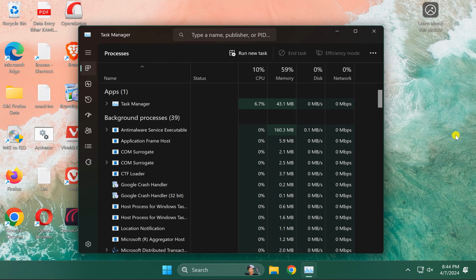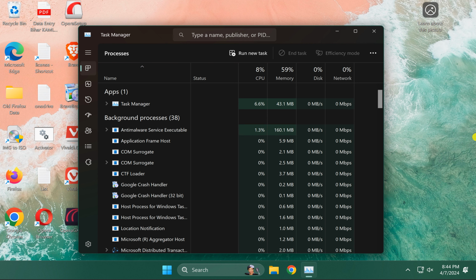In this video, we will guide you on how to open old Task Manager in Windows 11 PC. If you still don't like the new design of Task Manager, you can open the classic Task Manager on your Windows 11 PC. To open classic Task Manager, you can use Run dialog box, command prompt, PowerShell or terminal app, and then you need to use the command taskmgr space hyphen d.